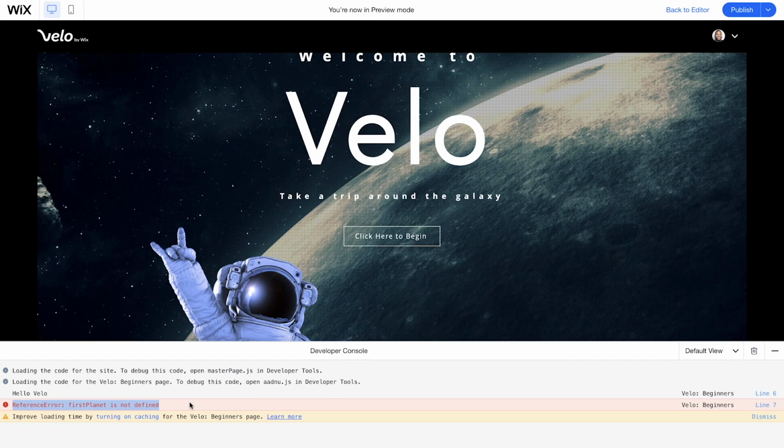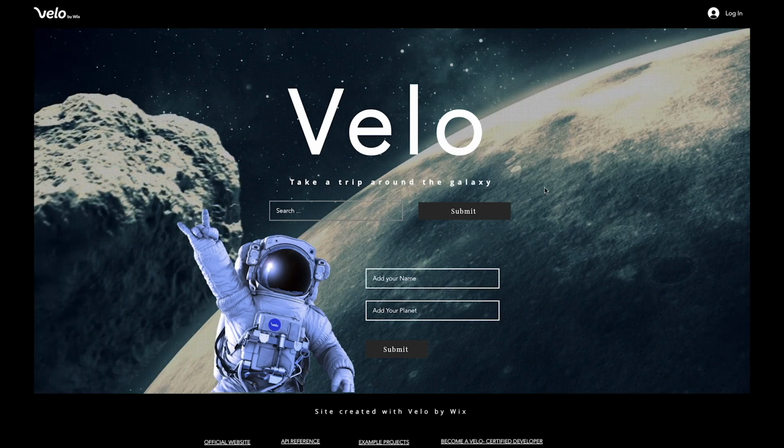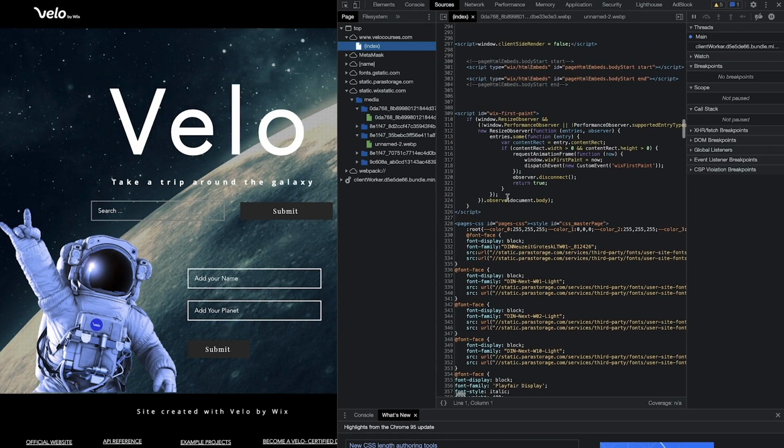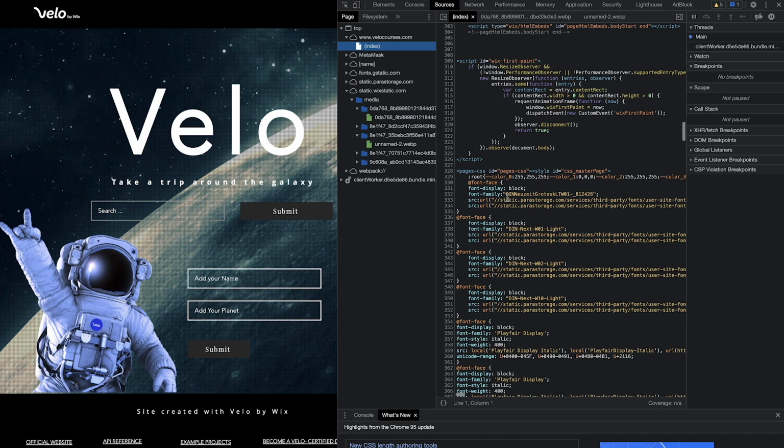Some of you might be familiar with Google Chrome and Google Chrome developer tools, and you can actually use debugger and set watches in order to debug your site in the way that you'd like. So you might have to do a little bit of digging when you open up the Google developer tools, but if you're familiar with it, I encourage you to go and use the Google developer tools if you're using Chrome. So that's how you use some of our internal tools and even the browser tools as well. So use that to maximize the way that you are building your site and combine all these testing methods together with creating static event handlers, dynamic event handlers, using our APIs, all the things that we've learned throughout this course.